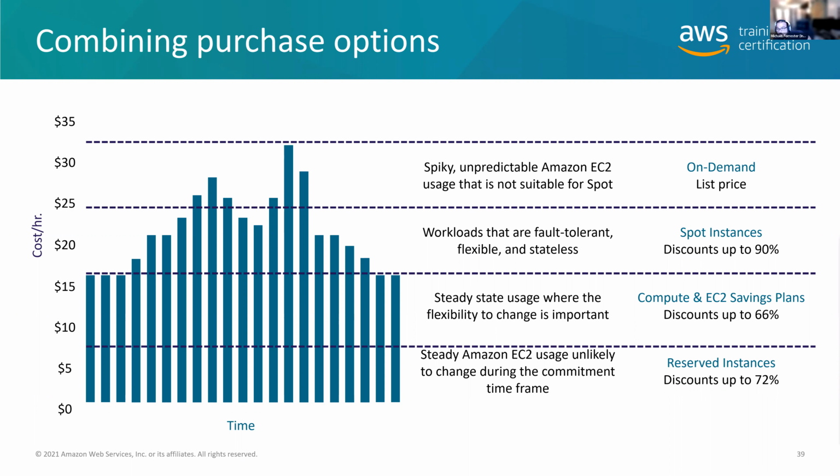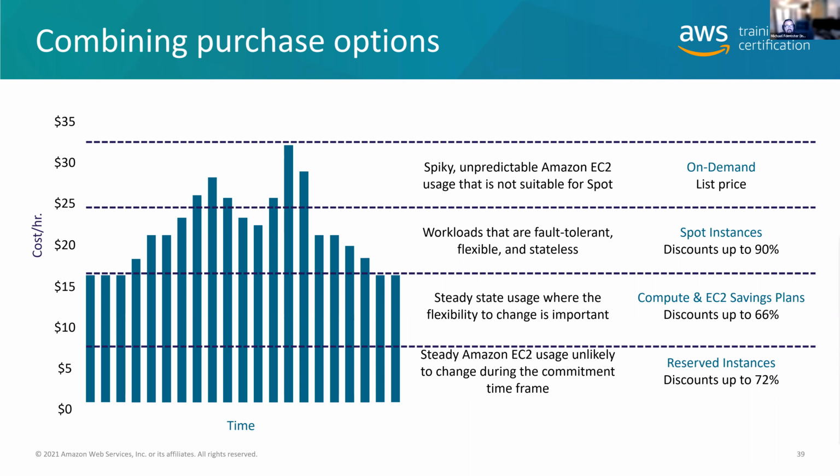If you need 100% consistency and steady state on your workload, you're going to use reserved instances or a compute savings plan. If you need burstable capacity, and that capacity has to be there, it's going to be on demand. If you need burstable capacity, but it can be extra, like it can withstand interruption, that's where spot instances are going to sing.